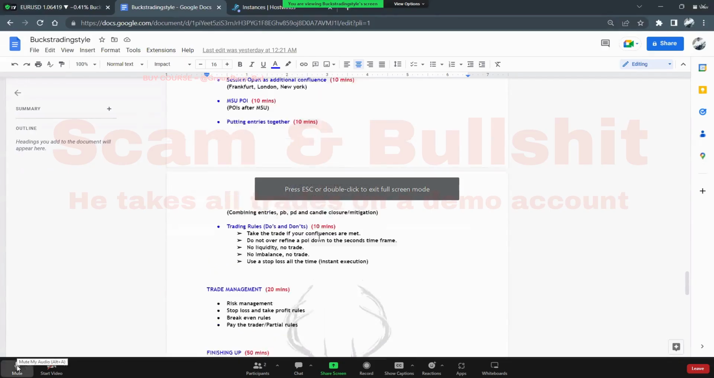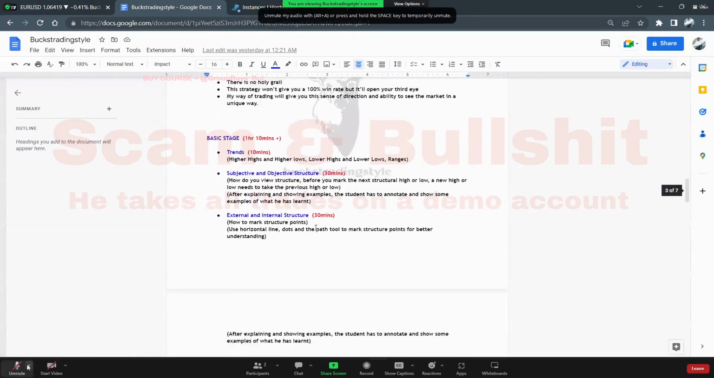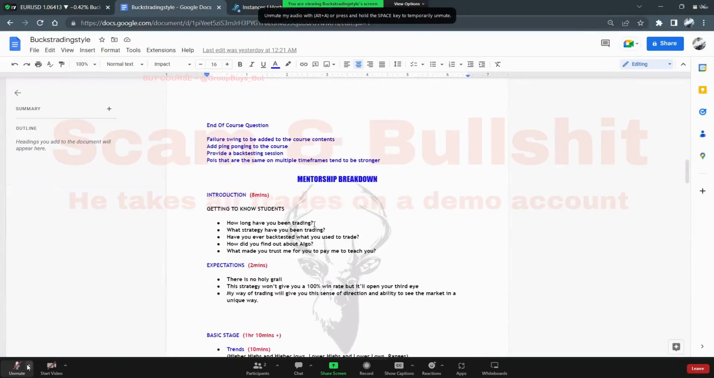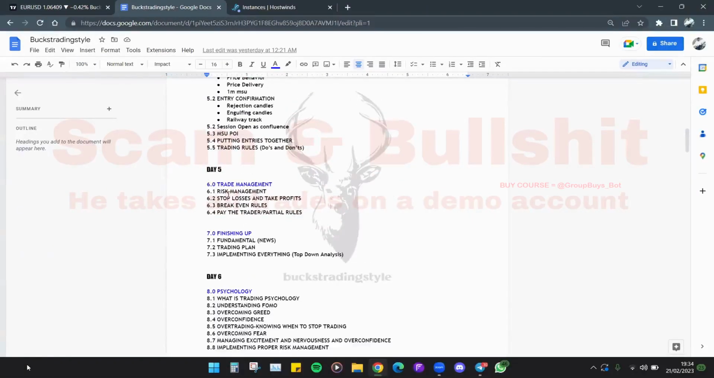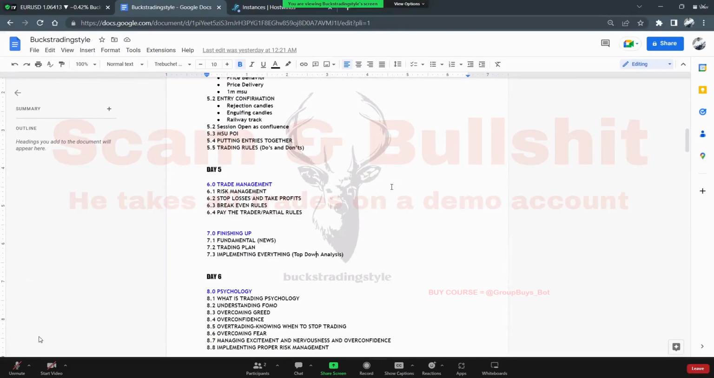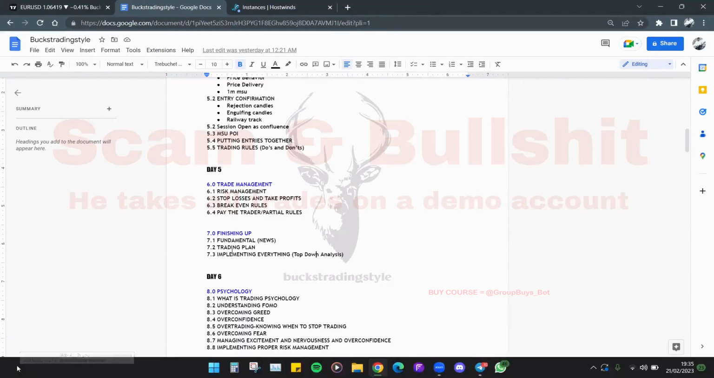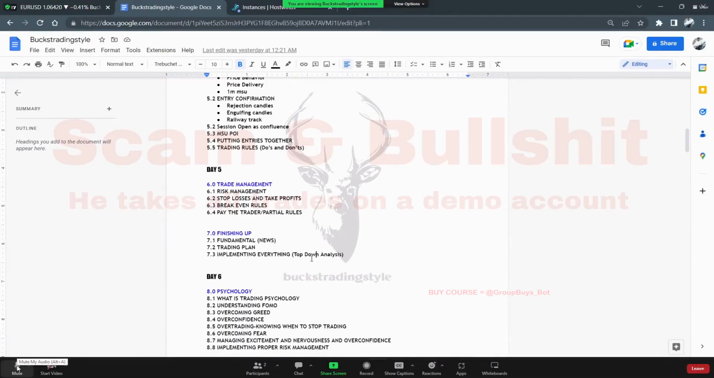So, this is going to be the fifth session, and we're going to be looking at trading management. With the five, we're going to be looking at trade management, trading plan, and then top-down analysis: how to view the chart from one time frame to another, and how to execute. This is just like the basic to